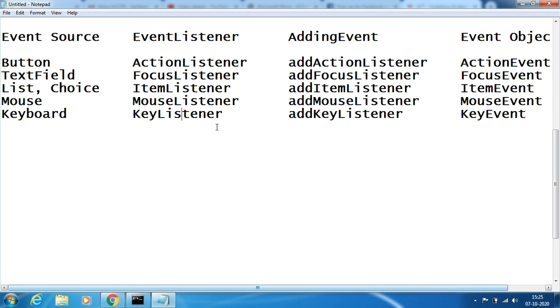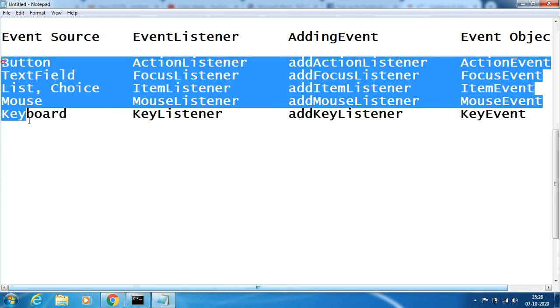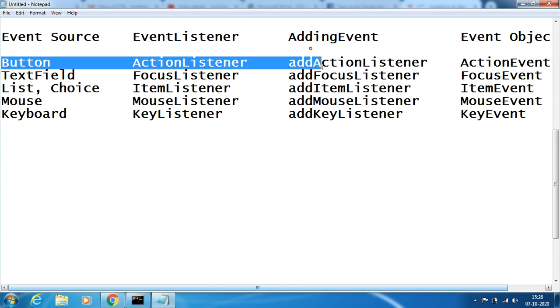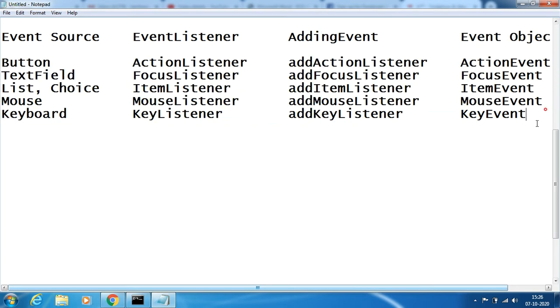Adding event is how to add an action listener with that event source, meaning how to link an event source and event listener. And finally, event object: once the event listener is added with the event source, the action should be taken on that event source. That is called action events, or I can say event objects. These are the different kinds of event sources, event listeners, adding of events and event object.